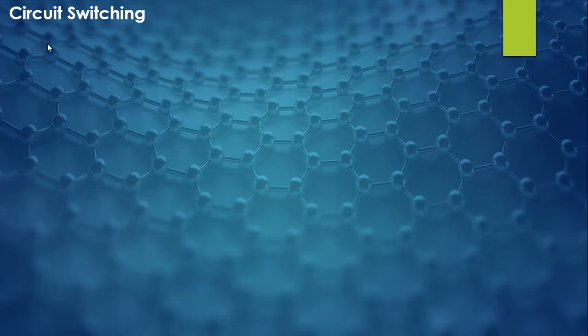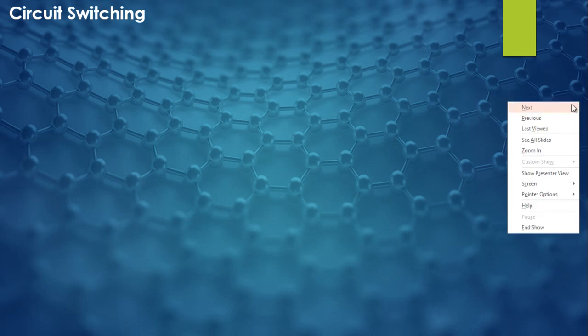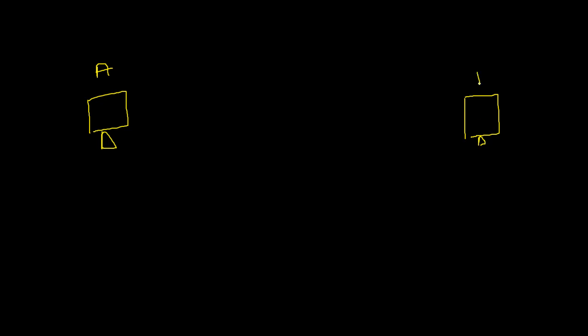So let me first explain what happens in the concept of circuit switching, right? And then we will come to the explanation, right? Suppose let us take an example, and suppose this is my computer. This is my computer number A. Okay, this is my A computer, right? And suppose I have another computer, and let me name this computer as my B computer. Okay, these both computers are located at different locations.